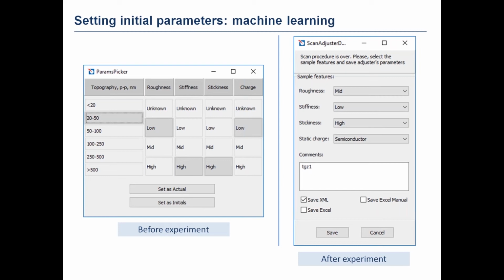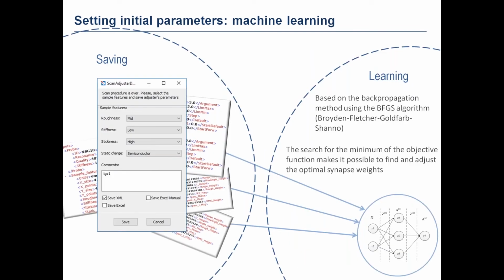In the beginning of each experiment, the user is asked to set up some parameters: the value of topography, roughness, stiffness, thickness, and charge of the sample. After the experiment, the user can save the measured sample features: its roughness, stiffness, thickness, or whether it was charged or not. Upon the customer's decision, this data can be used for machine learning that is based on the backpropagation method and uses the